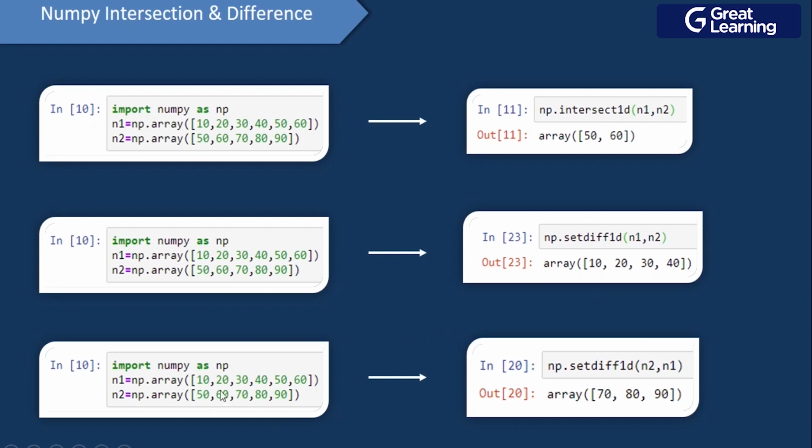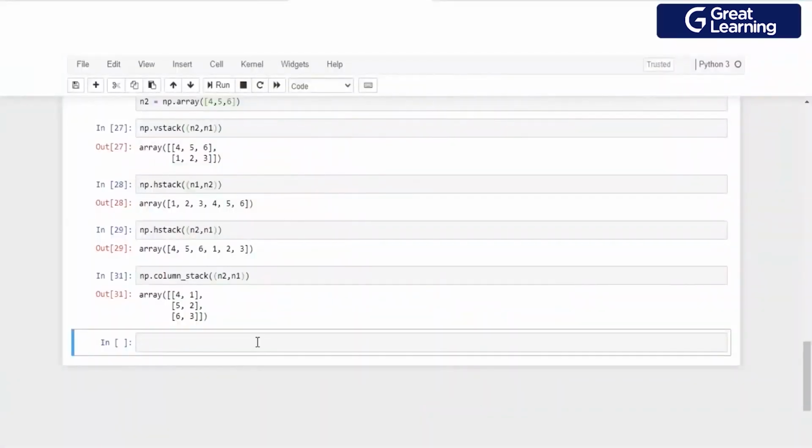And since 50 and 60 are common in both the NumPy arrays, the resultant will be 70, 80 and 90, because these are the only unique elements in n2. So let's go ahead and work with intersect1d and setDiff1d. I'll just add a comment over here, intersect1d,